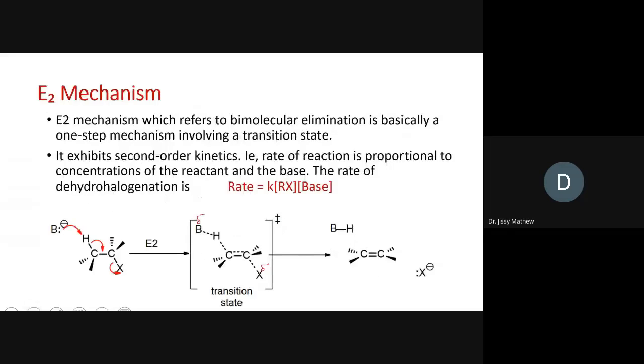Now coming to the E2 mechanism. It's a bimolecular mechanism. That's a one-step